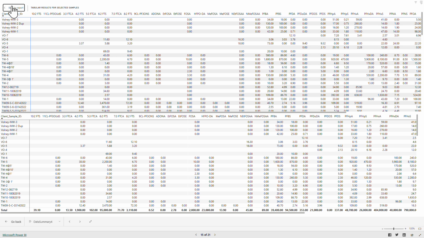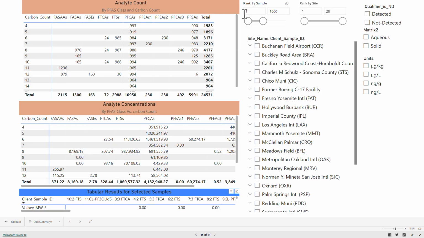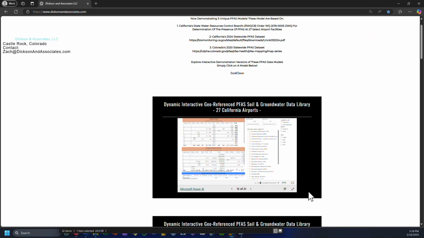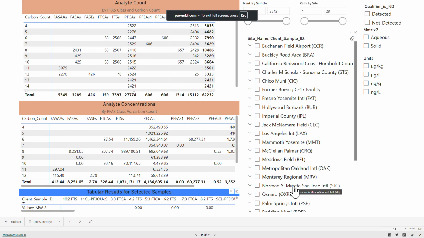If you use the escape key, the report will exit full screen mode and return to the Dixon and Associates website. Note that your selections are not lost and the last page you were on remains in the diminished website panel. Simply select full screen mode in the lower right-hand corner of the diminished panel to return to the previous